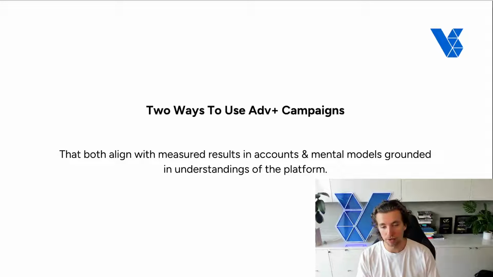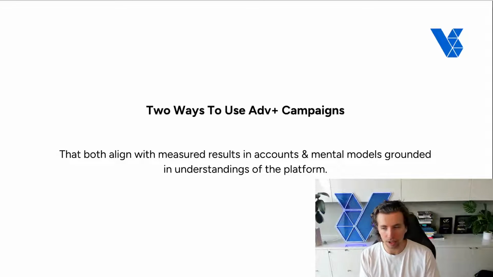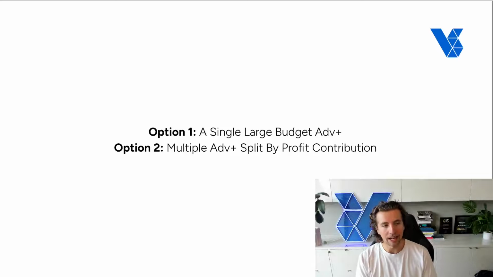You need actual measured data that statistically proves that it is the best way to structure an account. And you need it to be grounded in actual mental models of the understanding of the platform, or else you're just looking at data and split tests that you've run, but you have no idea why you're actually running it in the account. The two options for how to structure Advantage Plus within an account is number one, a single